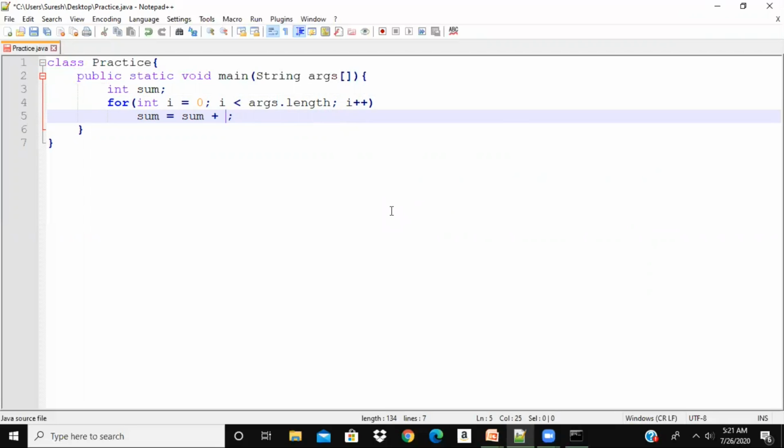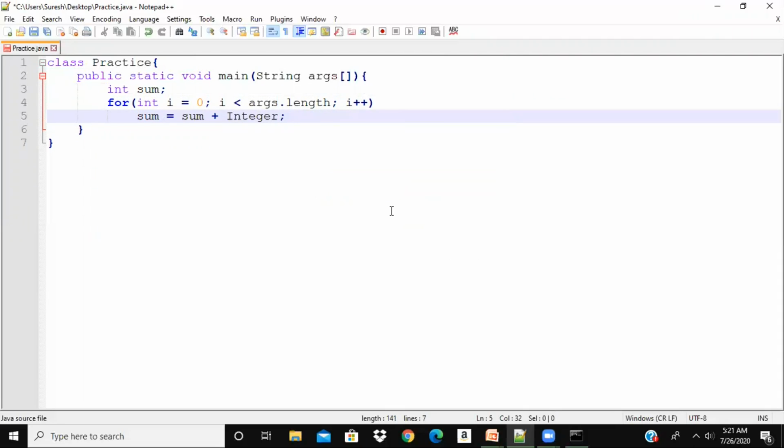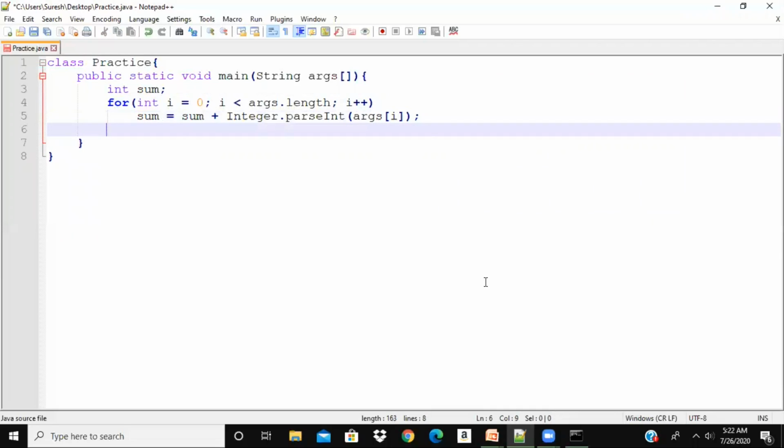To convert a string into an integer, we should use Integer.parseInt, a method to convert args of i. Then after the for loop, let us print the sum: System.out.println, sum is plus sum.